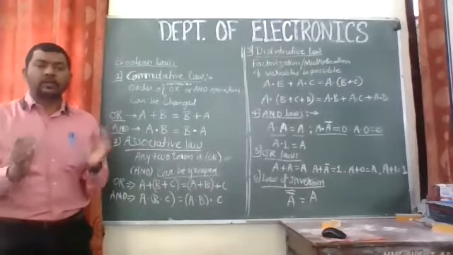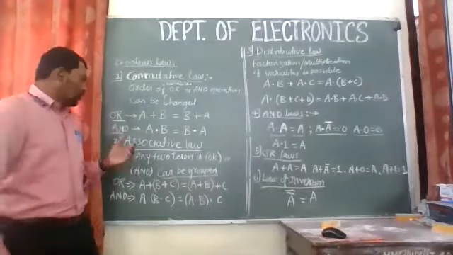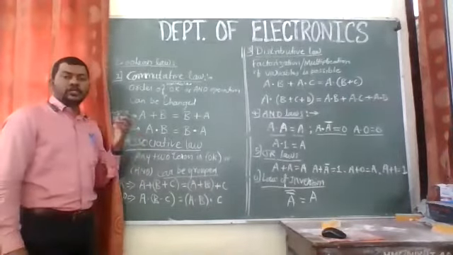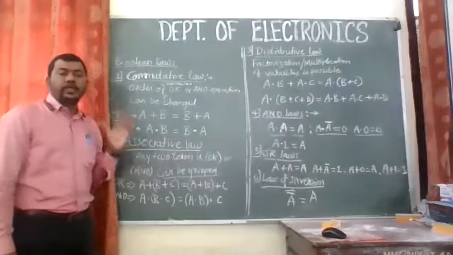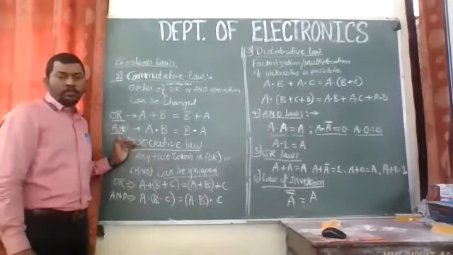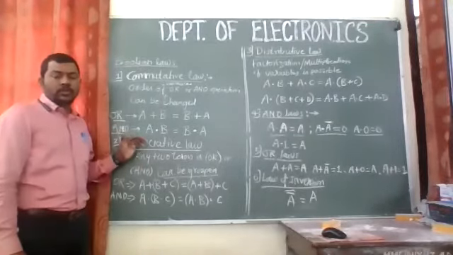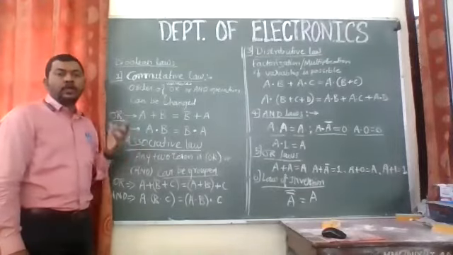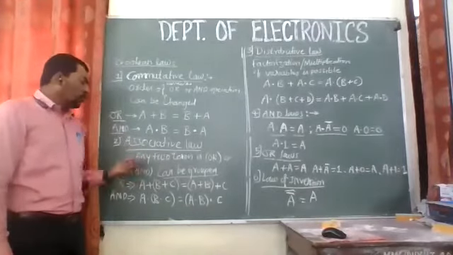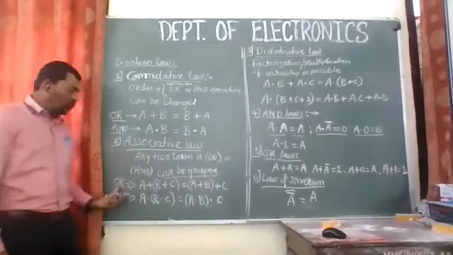So we might have two or three variables at a time, and then only we are able to group them. So any two terms in OR operation, or say AND operation, can be grouped. This is associative law, right? So the second law is associative law, in which we are expecting to group the variables. So any two terms can be grouped likewise.